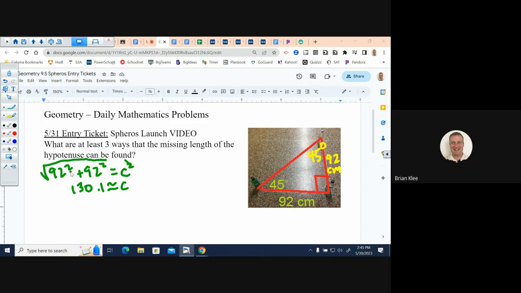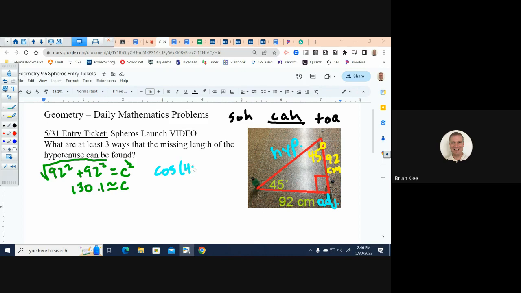If I didn't know that this was an isosceles triangle, from the 45 degrees, clearly we have the hypotenuse, and this 92 down here is adjacent. If you recall, SOHCAHTOA, we have the CAH part of SOHCAHTOA. We know the adjacent. We want to find the hypotenuse. So if I am going to use SOHCAHTOA, I would want to use cosine